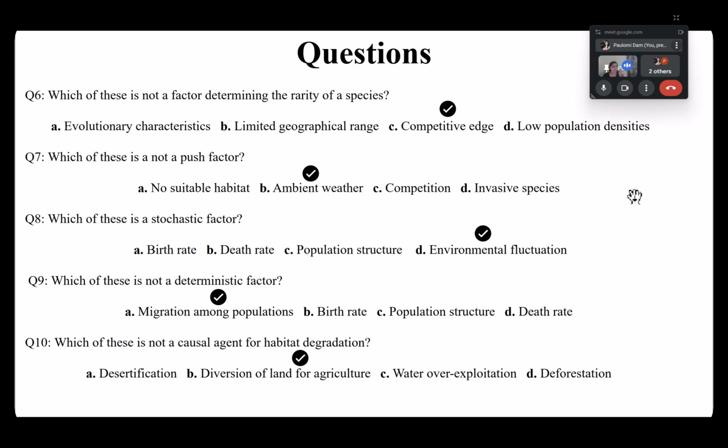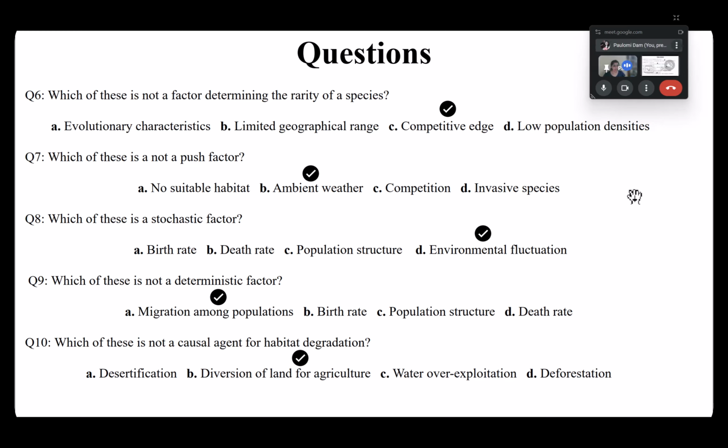If an animal has a very particular food requirement that is only found in a certain region, then those are characteristics that make it rare. Because of food habit, it has a limited geographical range and low population density. By evolution, it cannot move very far a distance. So all these make it very rare.